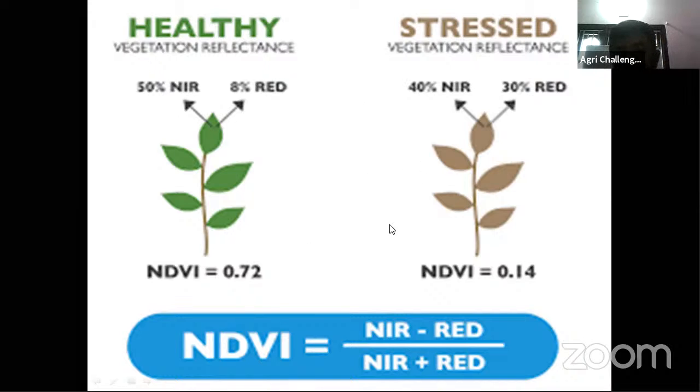Just see the next plant, NDVI is 0.14. If NIR is 40 or less, and red is 30 or more, then that is a stressed plant. How will we get this image? With the help of hyperspectral or multispectral devices, that may be GreenSeeker, drone based or satellite based. Now the world is moving towards this type of real time nutrient management. Already in Western countries they are using it, but in our condition, some companies like Bayer and Coromandel are doing research on this type of activities.